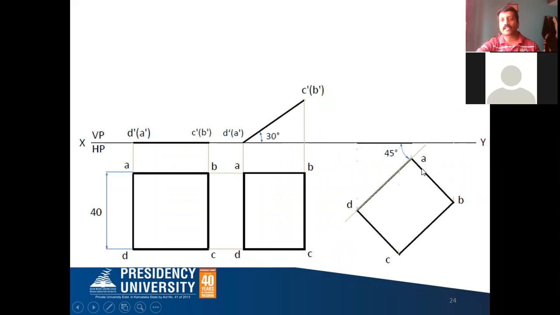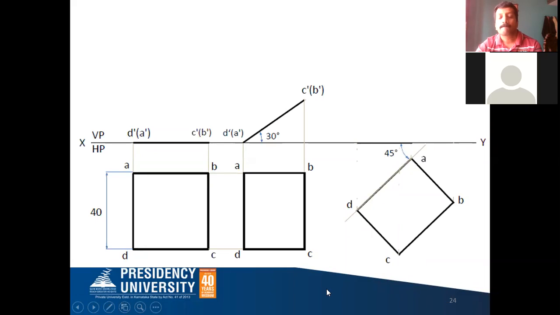And after drawing the 45 degree line, what you have to do is redraw the previous top view, the apparent shape, such that the resting edge, that is AD, lies on this 45 degree line. Like that you have to redraw it. So draw the 45 degree line from any point of the XY line like this. Then I'll take any one point on this 45 degree line and call that point A. I'll take the distance A to D, and with A as the center, I'll cut this 45 degree line. Okay, AD. So I'll get AD here.